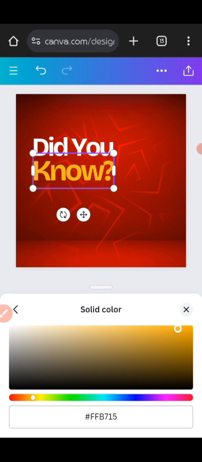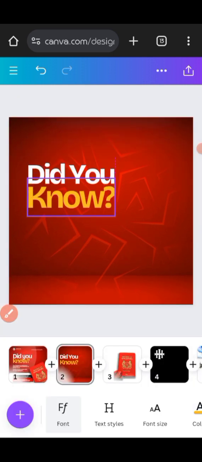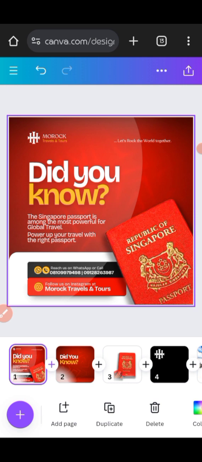I don't know about other people, but that's how I find colors, because before I was just cramming the color code. I'd say the color code is this, and I would go and cram. How do I create this color code myself? You have to move it, try it out, and then you see the one that blends well with your design. So this is the color code right here, FFBB22. Right, you want to get that because maybe you will need it when you get to this point. So do you know? And then